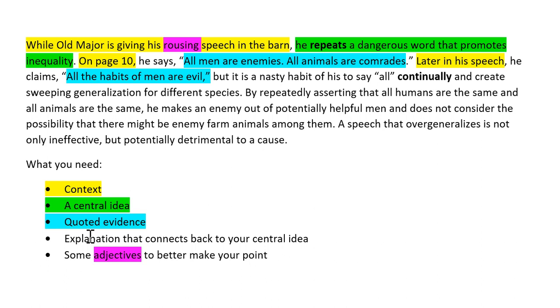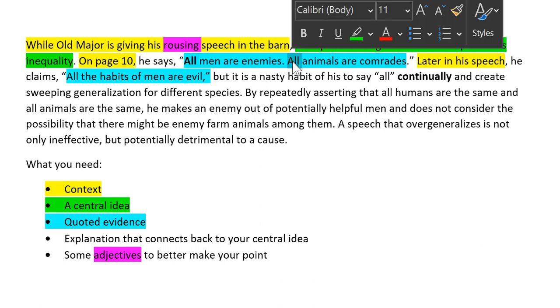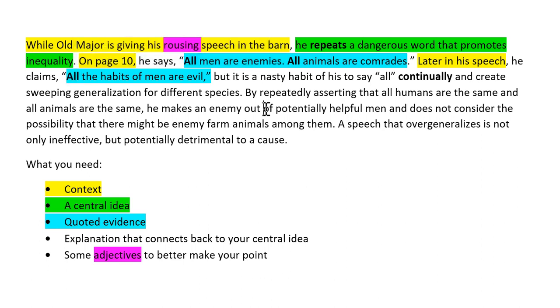So I'm starting to explain why this is a problem and connect my quoted evidence back to my original idea that this word is actually doing more damage than it is good. To say all here. Here I can put it in bold as well, since that's my repetition. By repeatedly